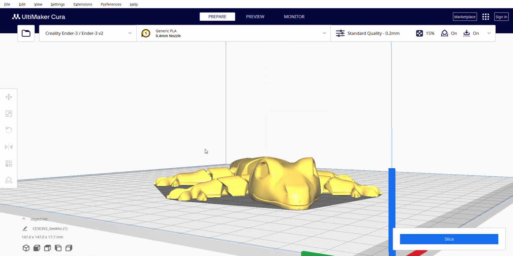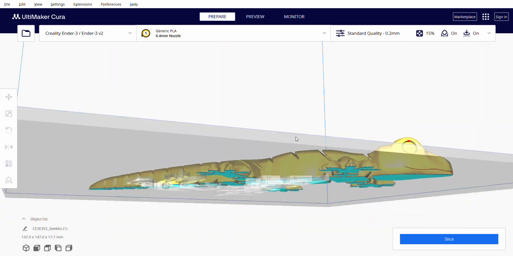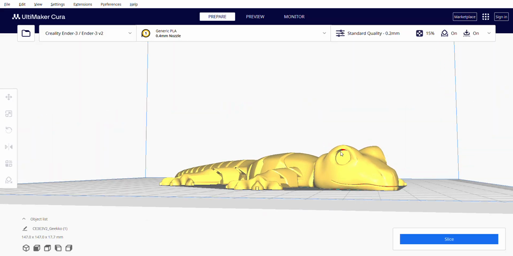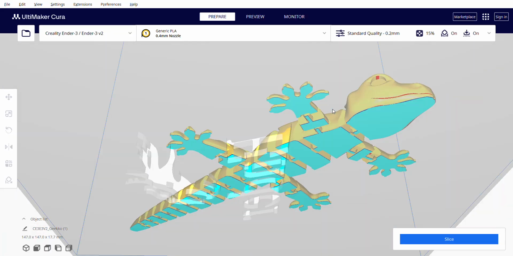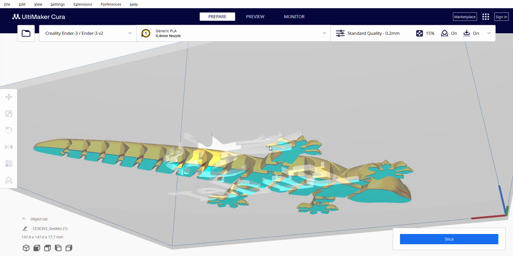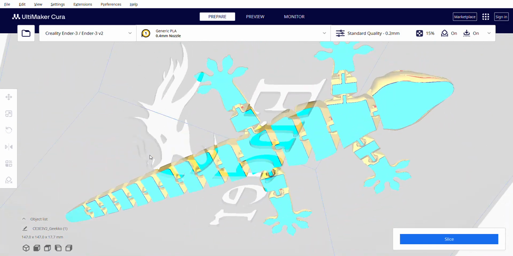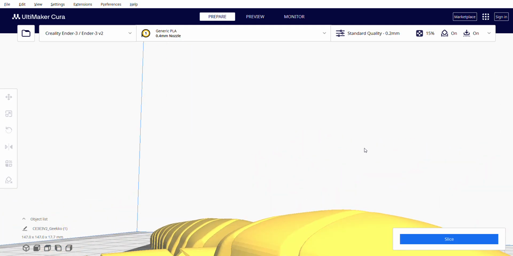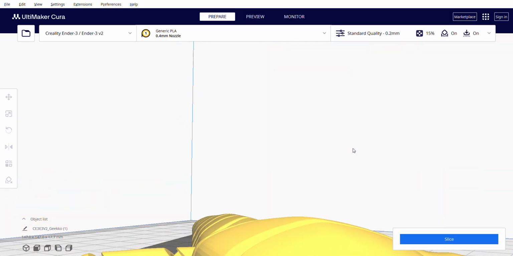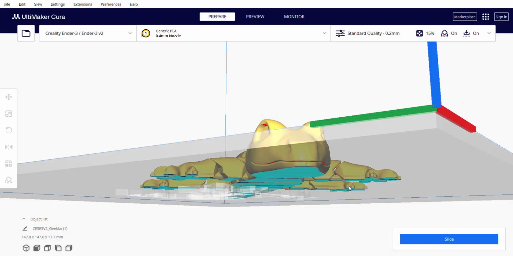So basically, any red lines are going to be support lines, so basically support positions. So obviously you see that little red thing under his eye, which is going to cause 3D print supports